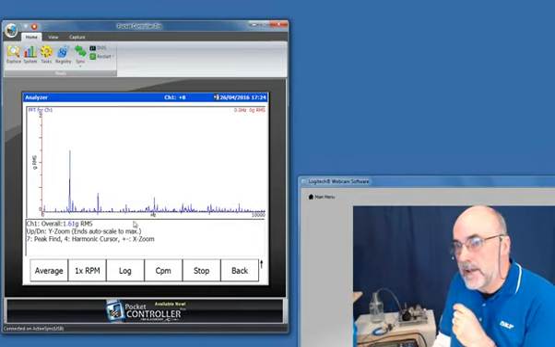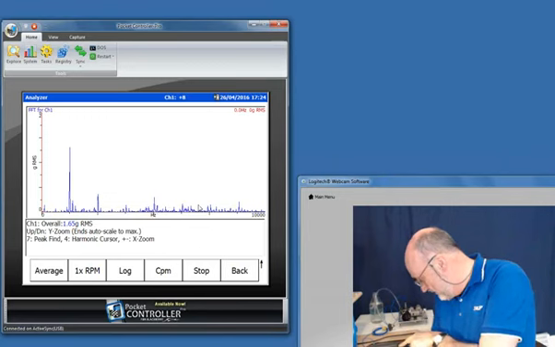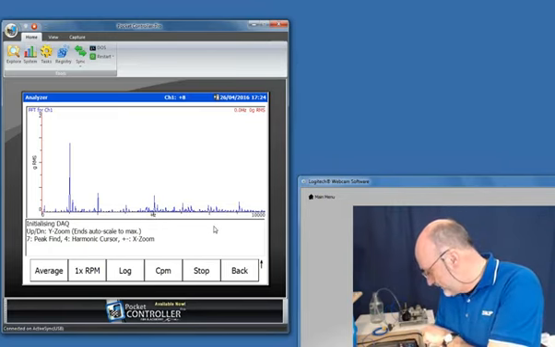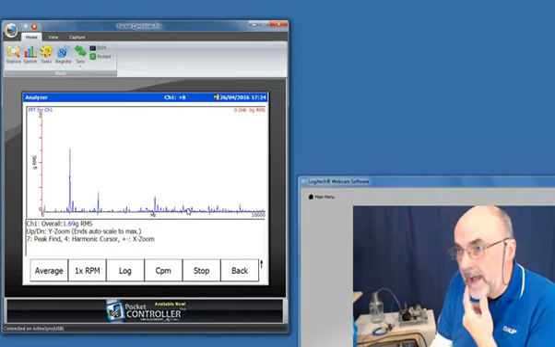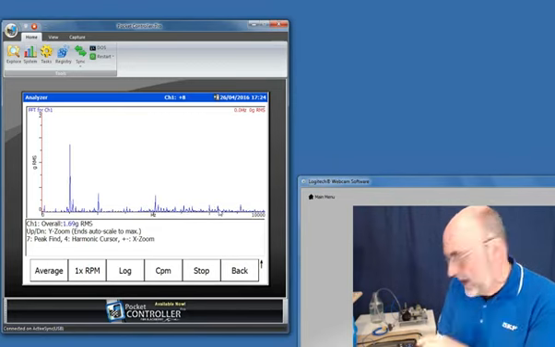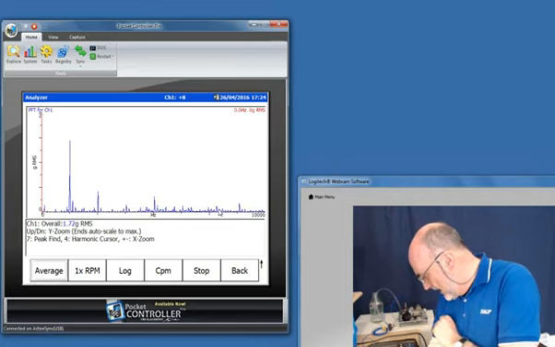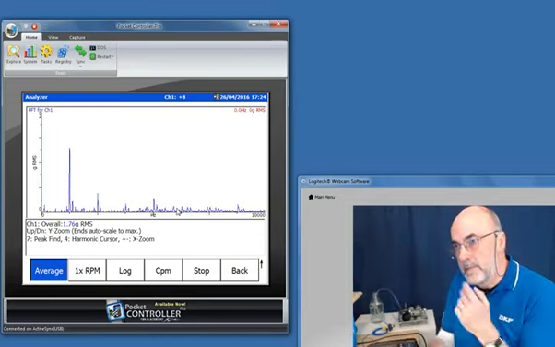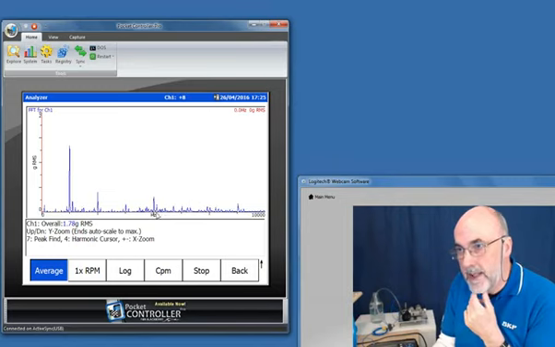And you can see that some, where are we? It stopped updating. Press start again. You can see that some of the peaks are varying. So this is where I can average. So I press the average button. And what I should see is now the data, those peaks are now averaging to their mean. But if you notice, the picture is still updating. It hasn't taken 10 averages and stopped.